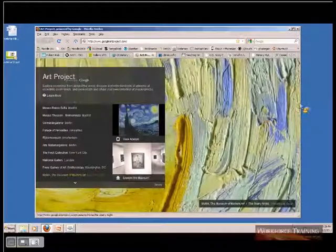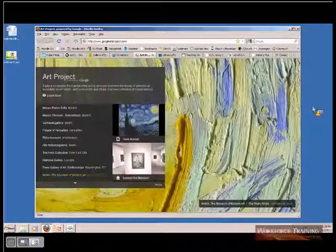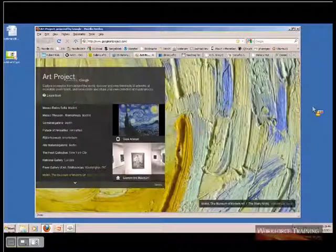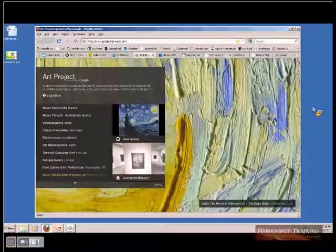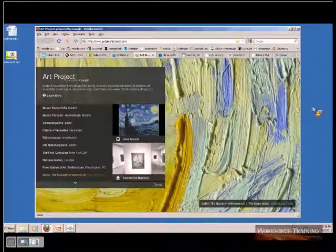Now, this is an interesting site in progress. Google, I believe, is adding to it continually. And if you've ever seen Google Street View, then this will be familiar because it uses some of the same technology. Google has used their Street View technology to go into museums and take pictures and close-ups of many different